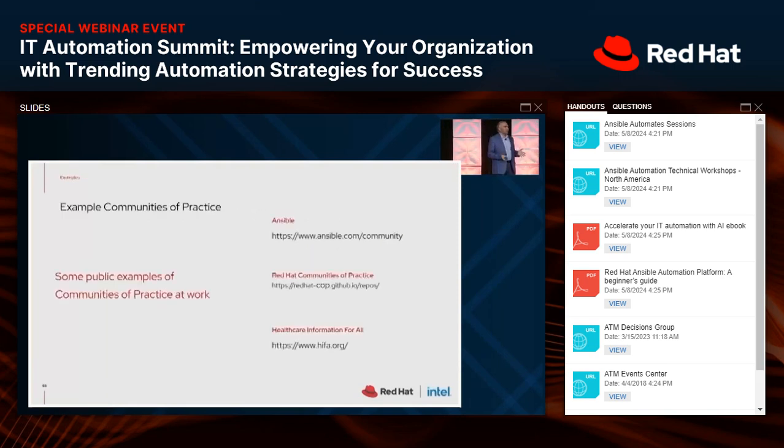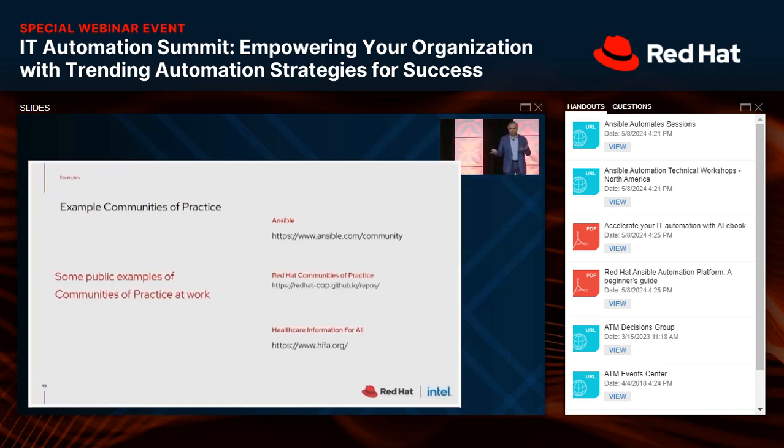What are some of the examples of communities we see out there? Ansible is one of the biggest and the largest communities that exists today. The whole premise of the product, the software Ansible, came to being with the open source mentality of having a community behind Ansible. And that's where we've seen it grow and be stronger and improve and get better.